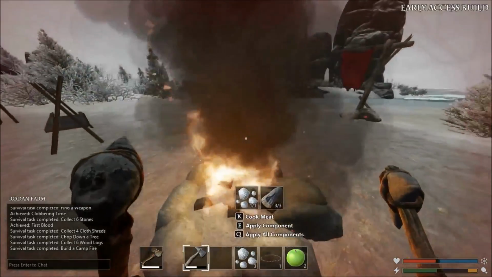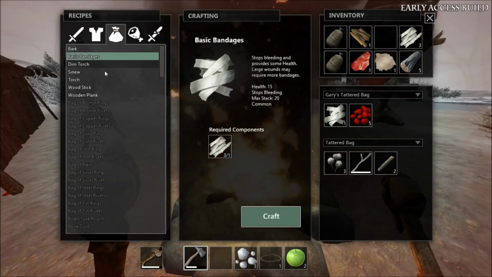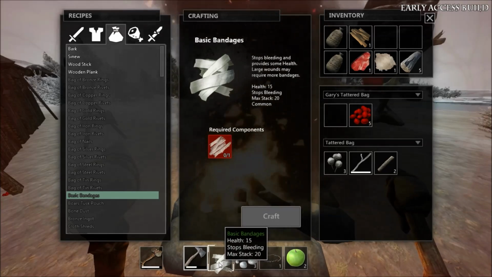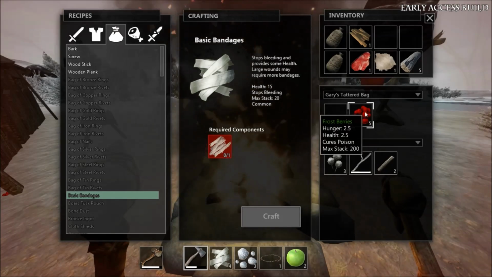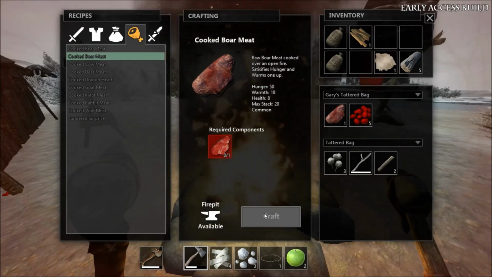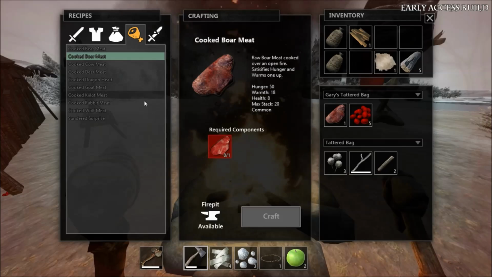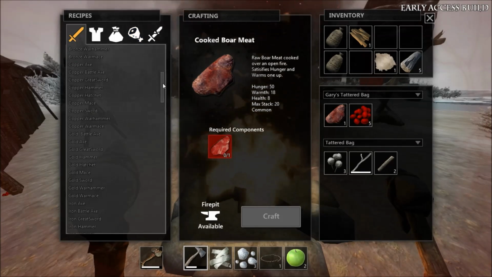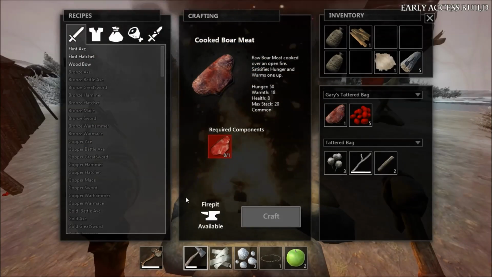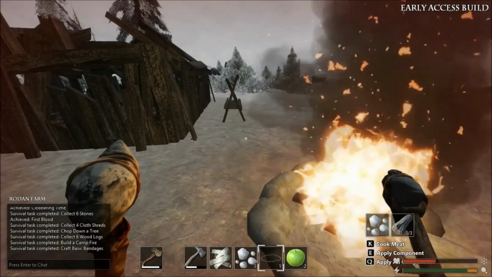Alright, there we go. So we'll get our heat on. And we'll go back here. Basic bandages. Alright. And we'll keep this now for food. We go over here, you got our boar's meat we can do as well. That's because we don't have...